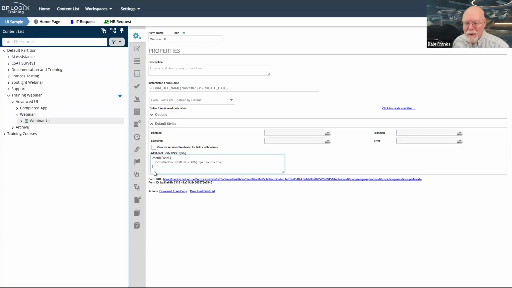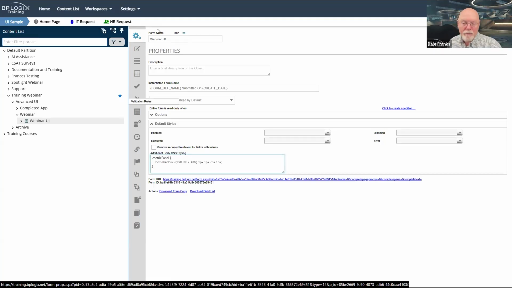So CSS can be tricky, but there are certain things that you can do, especially when we're talking about a UI and we're not trying to style Process Director items, but just generic HTML items. That's all rather simple to do, and that can all be accomplished here in this additional CSS body styling. We'll worry about applying this styling later, but I just wanted you to know that it exists, and this is how you would create a drop shadow around an item if you wanted to.